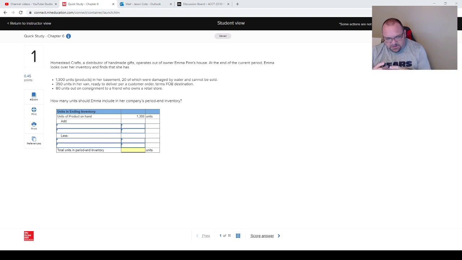Essentially, the chapter is broken down into what needs to be in inventory, then how to figure out a cost for inventory, and then finally the last part is that lower of cost or market stuff, right? So we'll get to that at the end here. There's one question on that towards the end. Okay. So,